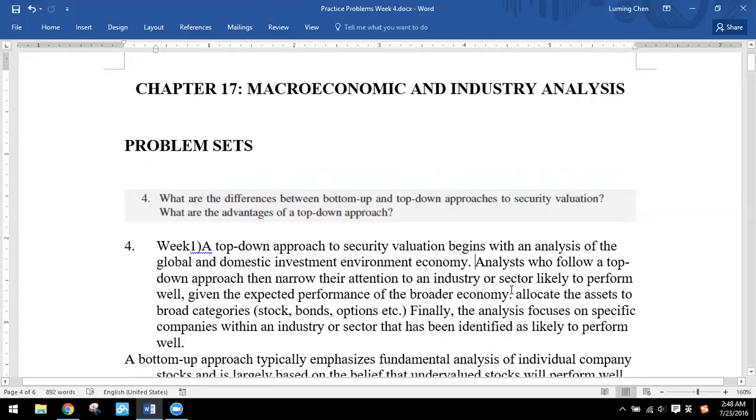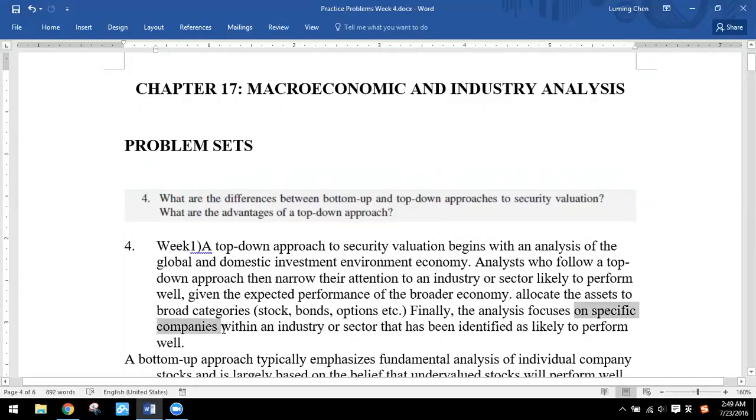They will allocate the assets to broad categories like stocks, bonds, options, etc. Finally, the analysis focuses on specific companies within an industry or sector that has been identified as likely to perform well. So this is a top-down approach. First, macroeconomy, then sector or industry, and then